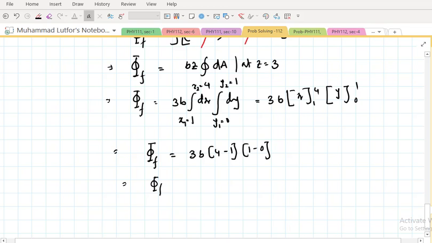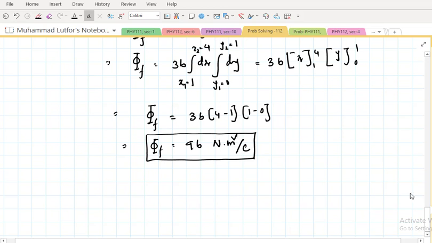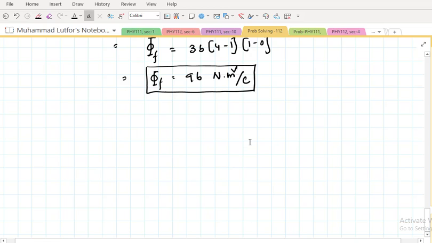So 1 minus 0 is 1, 4 minus 1 is 3, 3 into 3 is going to be 9b. This would be the flux for the front surface. So the flux for the front surface will be 9b Newton meter square per coulomb, and for the back surface